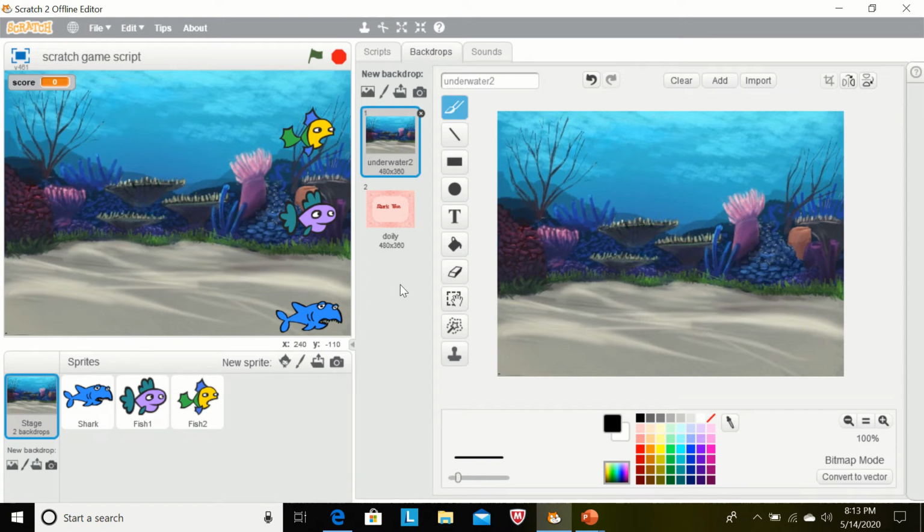Yes, students, today I will tell you how to create games in Scratch. I have already made a script for you and I am using these three sprites in this game. And the shark will get 1 point for eating every fish. So we have used these two fishes and one shark. Now first we see the output of this game.